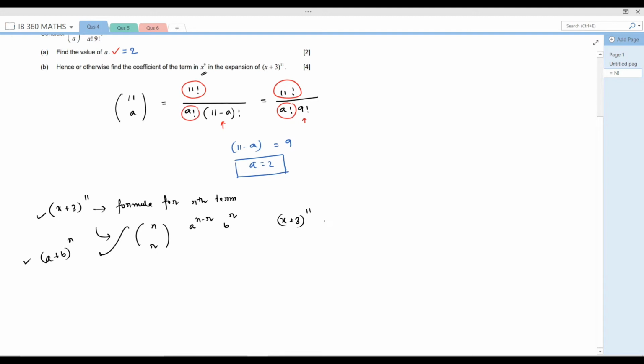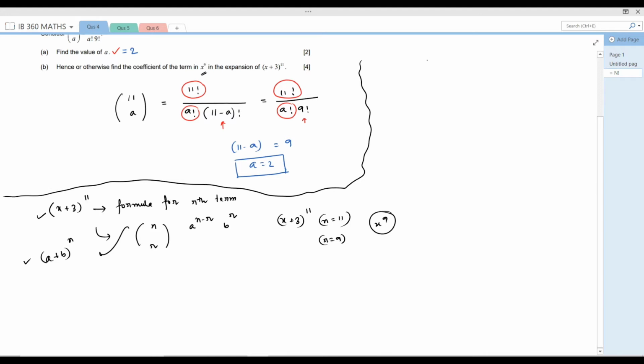So here n equals 11, we got that. Now r equals 9, this also we have got. Now we need to find out the value of the coefficient of x to the power 9. We need to find out this. Okay, so for this, the formula I will write, see here.